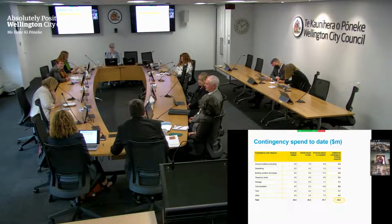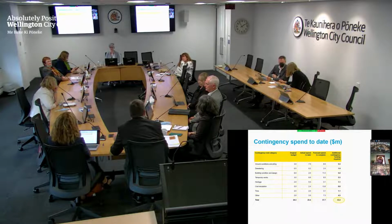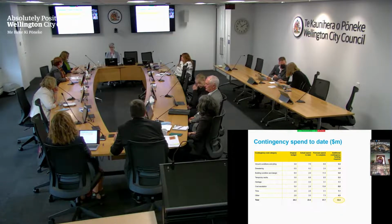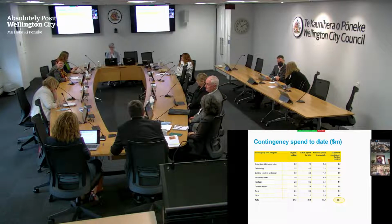Heritage, we haven't spent a lot, but heritage will come at the end. It's largely around the fit out or the fitting back of the building rather than the construction. So we're really still in the construction phase of the project itself. Cost escalation is a massive one for us, and whilst it looks quite positive at the moment, 2.4 million, that's